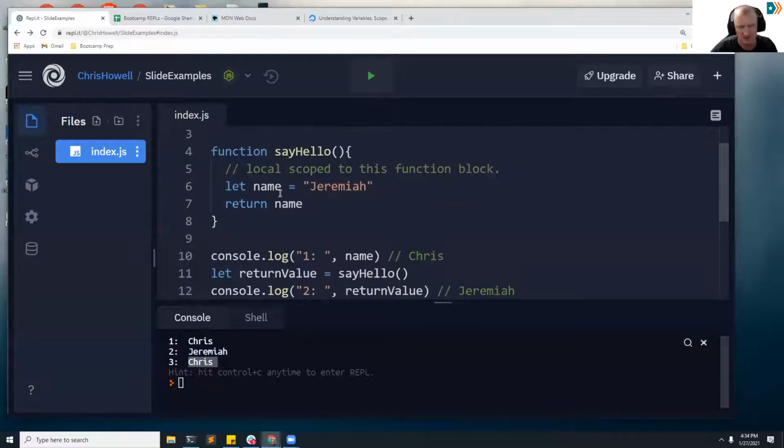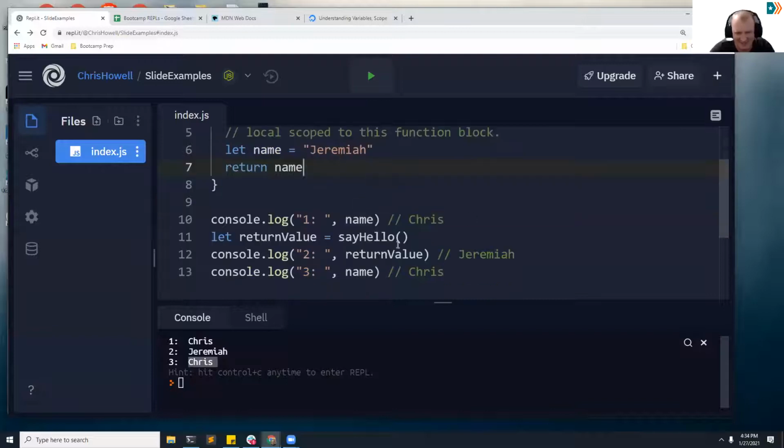I don't want to do closures. I don't think I want to do closures. Closures are fun though. All right, so